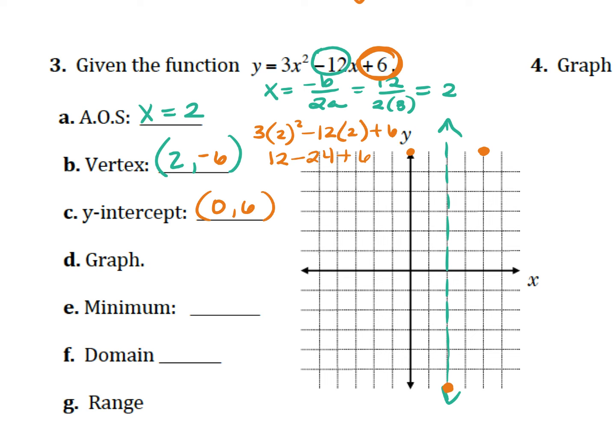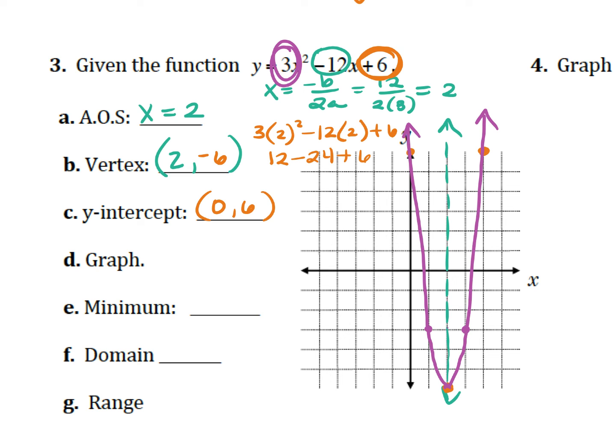Can you tell me where the point in between those points would fall? How do you get one more point on your graph here? 2 more points on your graph. Yeah, you take that 3, your a value, right? Up 3 over 1 and up 3 over 1. So your u is pretty narrow